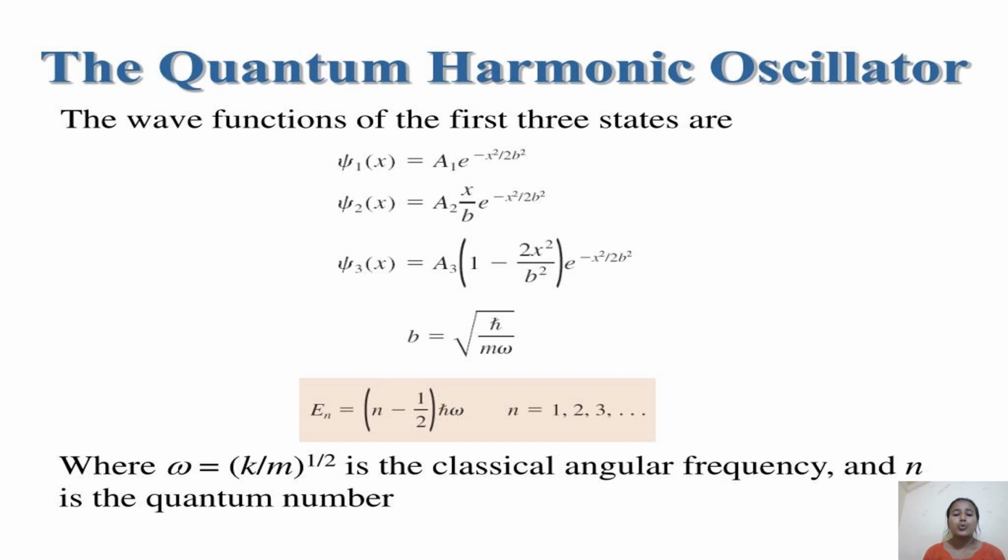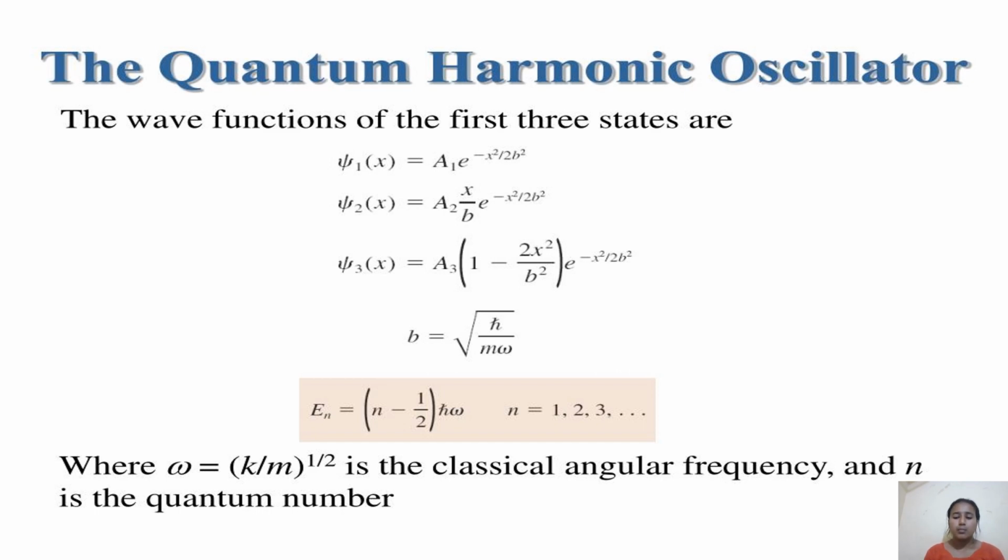b = √(ħ/mω). Eₙ = (n − 1/2)ħω, n = 1, 2, 3 and so on, where ω = (k/m)^(1/2) is the classical angular frequency